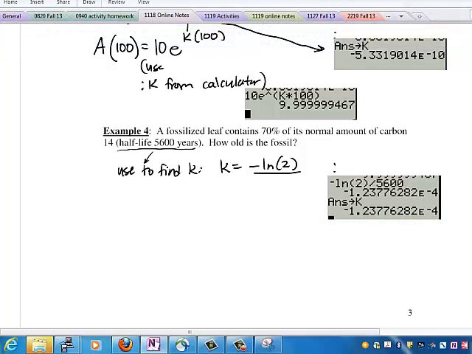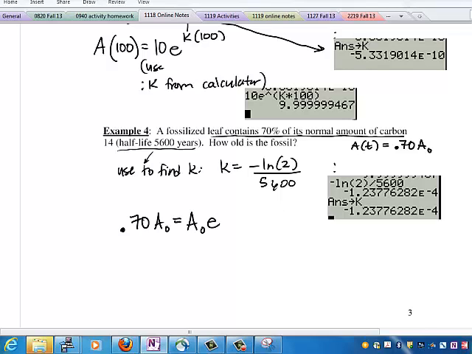And then we'll use that to answer the question. So now it says it contains currently 70% of the normal amount of carbon-14. So that means right now, A of t, we don't know the time, but we know that it's 70% of the original, so 0.70 times A naught. So the current output is 0.70 times A naught, and the pattern is A naught e to the k, which is on our calculator,